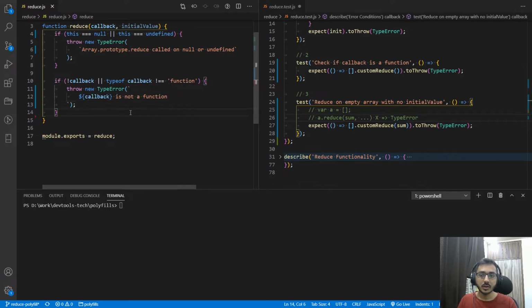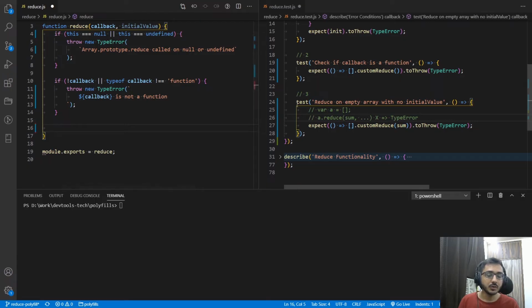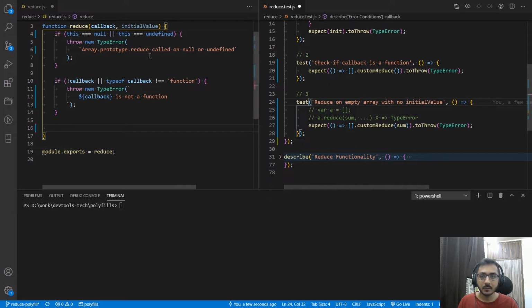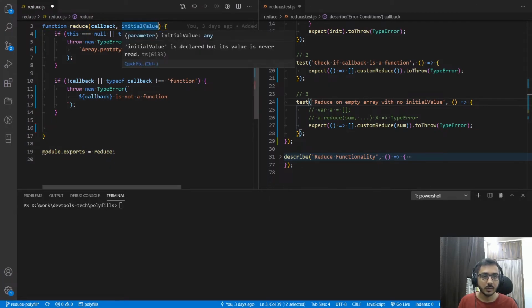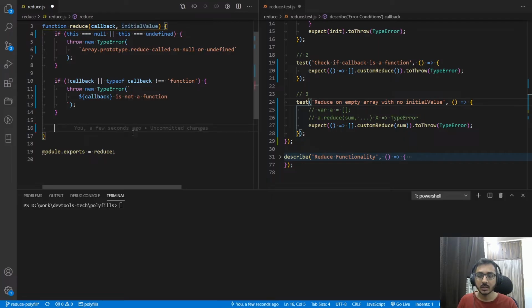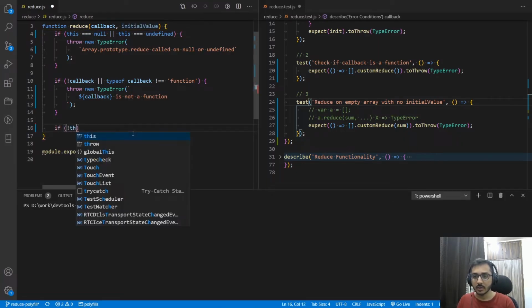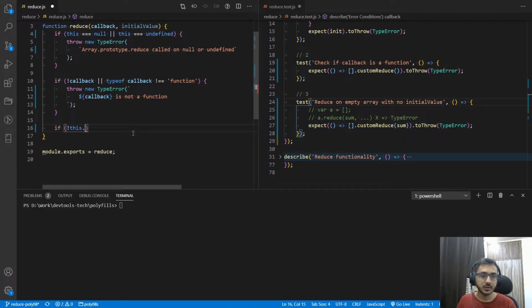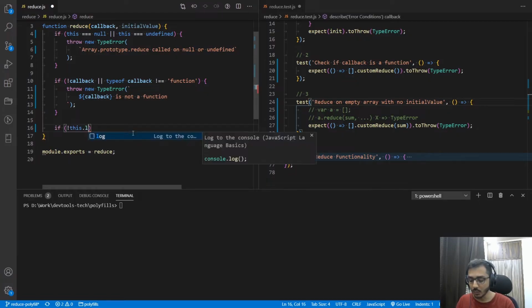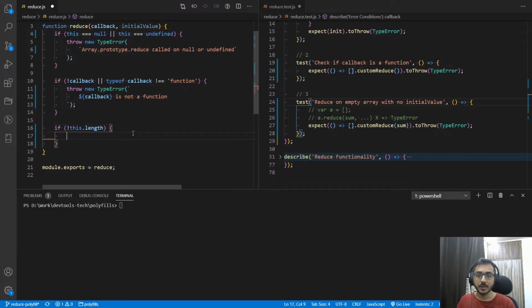So let's see how we can do that. First of all, we have to check that we are invoking it on an empty array and there is no initial value. We are capturing this initial value variable here on line number 3. Let's see how we can check. this refers to the array on which it is invoked. If we check the length property, and that length property is a falsy value, that means length is 0, and we have to check that there is no initial value.